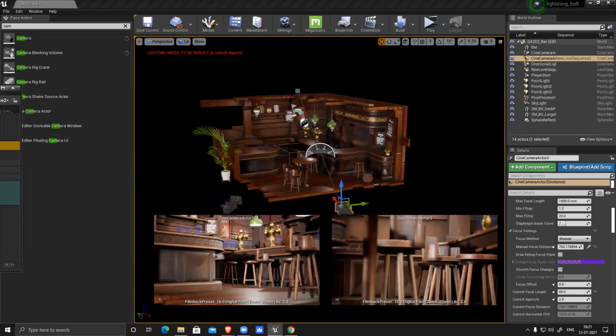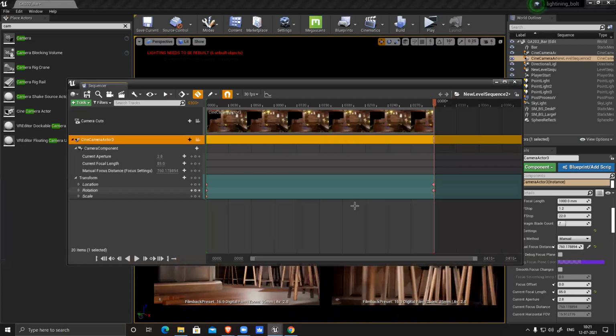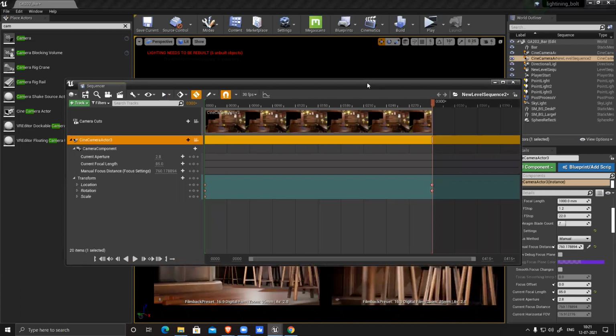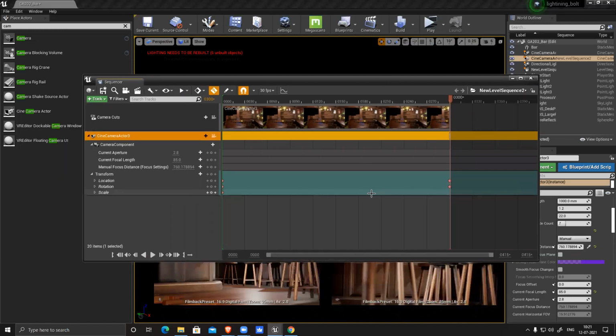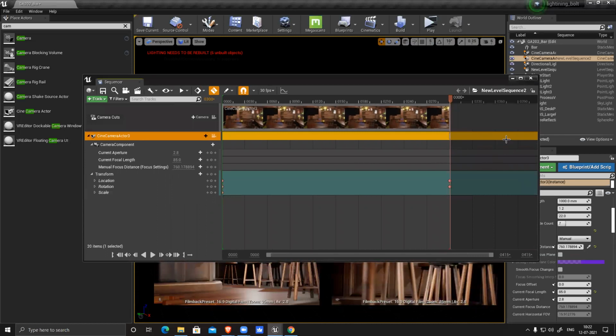Similarly, this one camera is ready. This thing is fine. Now I want to create another camera, another cut shot. So this is one sequencer for one camera. If you want to have multiple sequences in one camera, then you have to create them separately and merge them together. So one camera is ready, save it. This is my sequencer one.